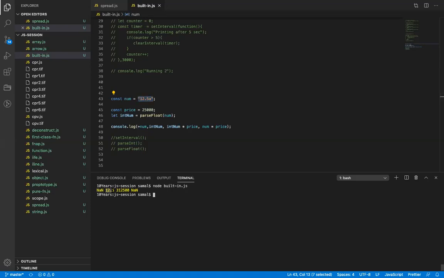But see this, it returned 12.5 when I did parse float. Ideally, this function, if you have some string which says 12.5 percentage, now basically it strips out the non-numerical value. So this is the job of these two functions.